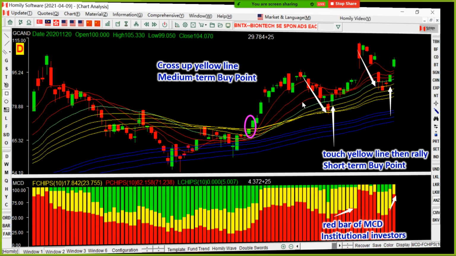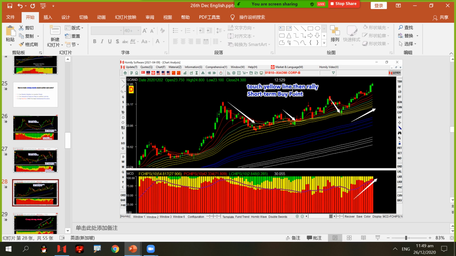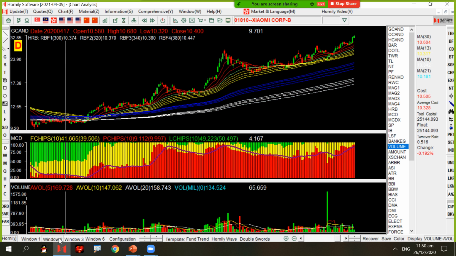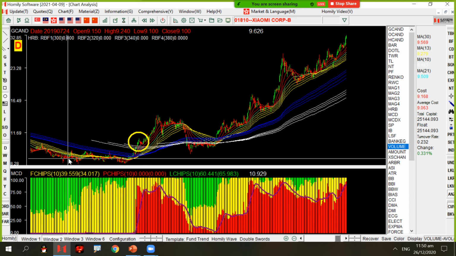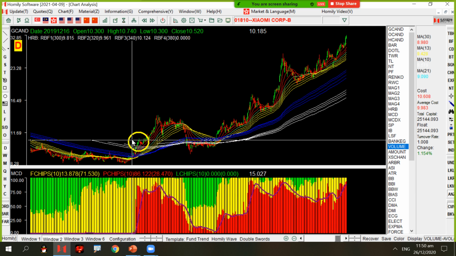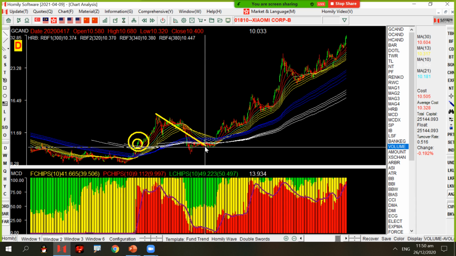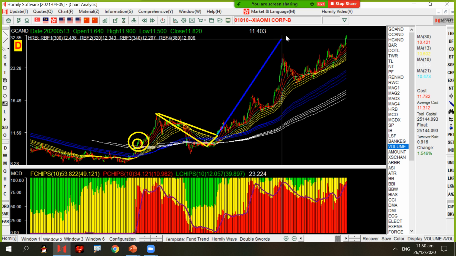Okay? This one, Xiaomi, so strong, right? You can check the Xiaomi. I remember when I used Xiaomi, I shared with you why this is a good company. When I open the chart, every time this one is the same. You see, black horse coming, right? Candlestick below the rainbow, cross up the white rainbow, long-term reversal. Medium-term retrace, touch the white rainbow, strong support. Cross up yellow rainbow, yes. Medium-term, black horse speeding up.